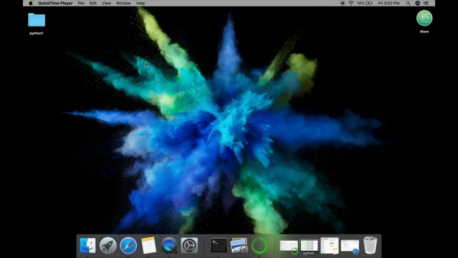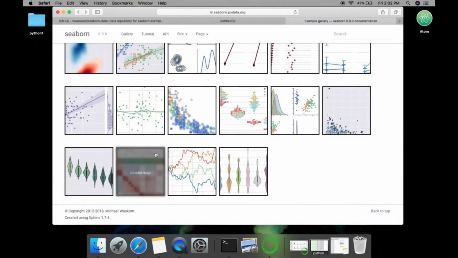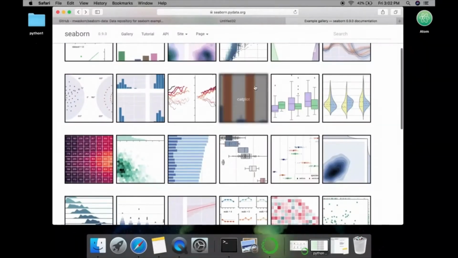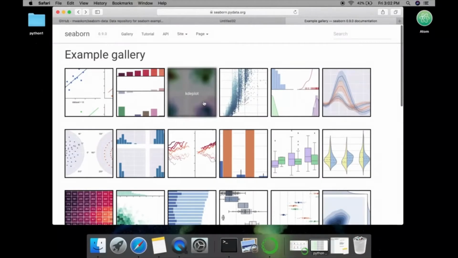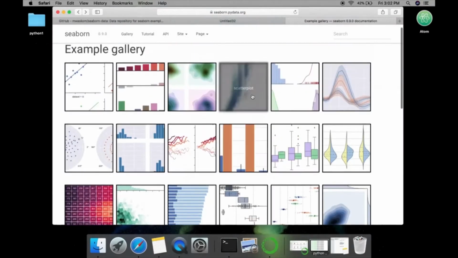Hey everyone, so in this video we are going to cover the remaining categorical plots. Here we have done the categorical plots in the form of points, and now in the form of figures we have three different ones. First is the violin plot, second is the cat plot, and we have the box plot also. Here it is, the box plot, and one is the bar plot. So these are the four plots that we are going to cover here, and then we are nearly done with